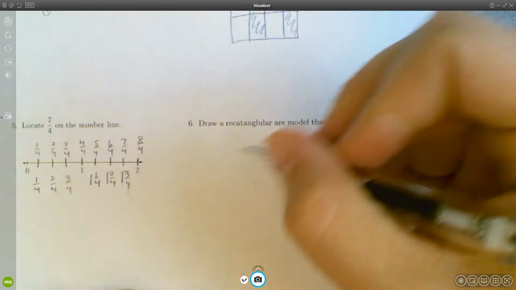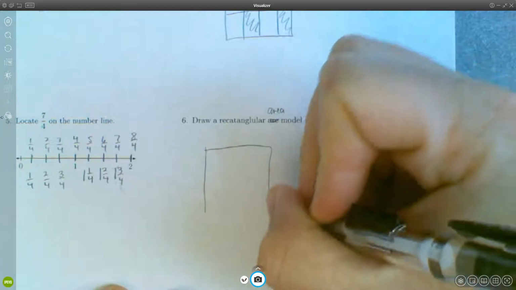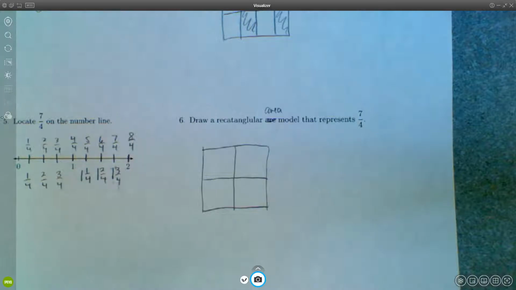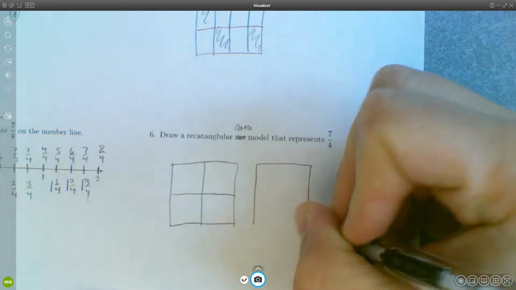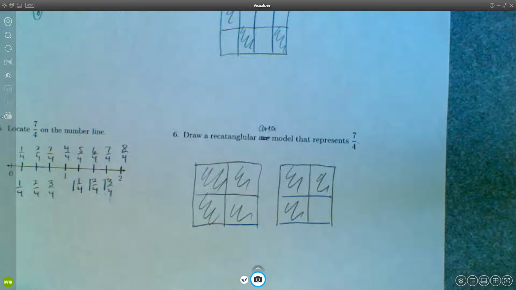You get a similar kind of thing with a rectangular area model. That should say area. Right? So you're going to split your unit into 4 equal parts, but then you want to shade in 7 of them. Well, there aren't 7 parts to shade in, so you need a second unit, right? So you've got to give yourself a second unit and split it into 4 equal parts. Now you've got 8 parts in total, but you only want 7 of them, so you shade in 7 of these. And that would represent 7/4. Okay,